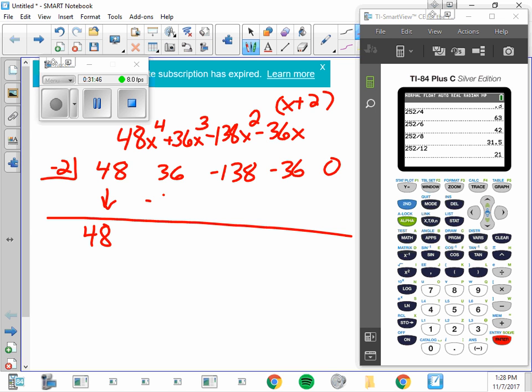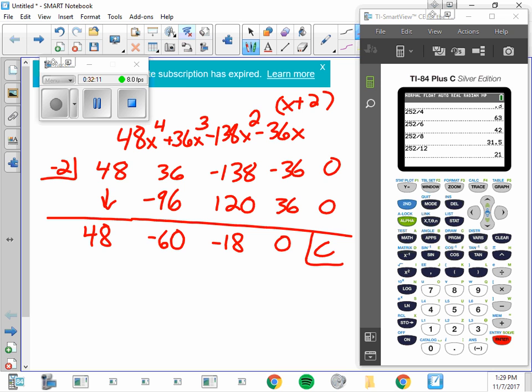So that would be negative 98. Oh, 96, thank you. Negative 96, which is negative 60. 120. Oh, this might actually work. Negative 18. So 36, 0, 0, or not 0, sorry. Yeah, that's right. 0. So x plus 2 is a factor, and x minus 2